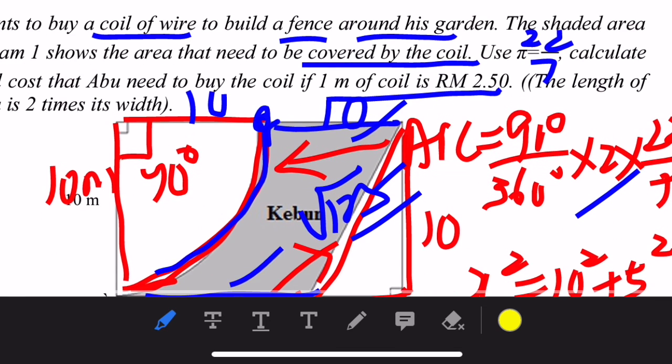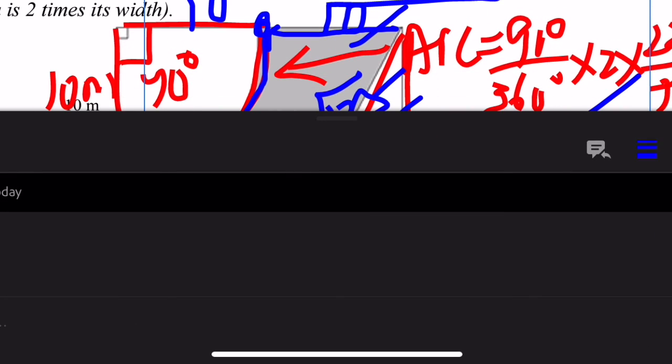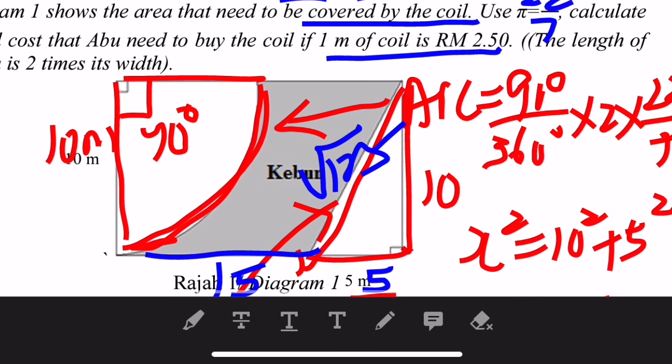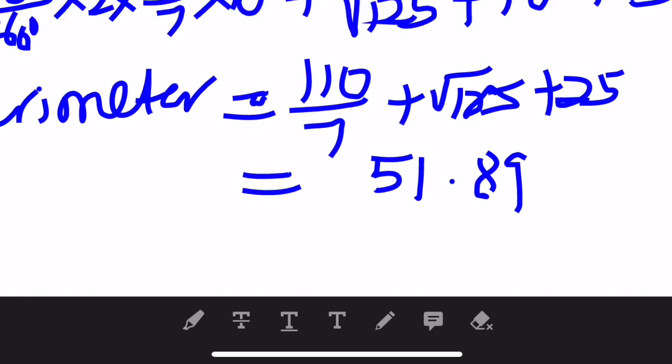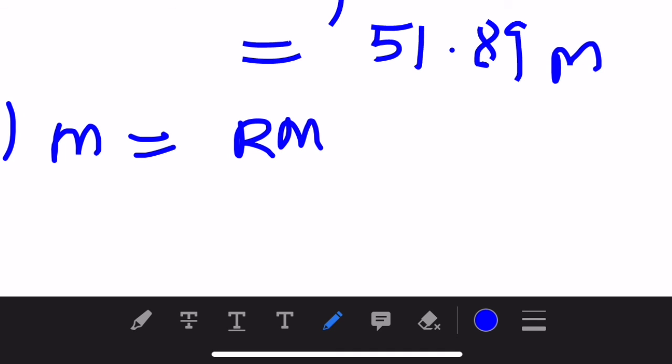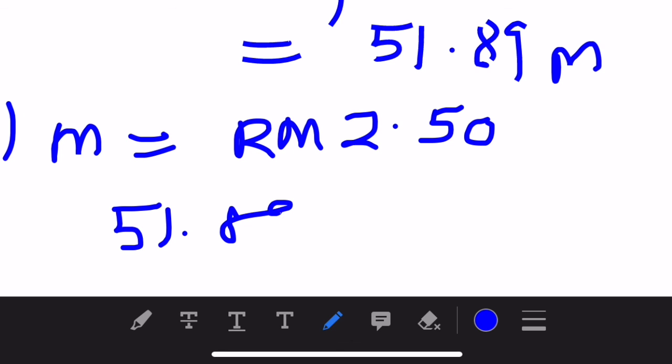Coil of wire. The unit, normally we use meter, right? We follow the question. 1 meter of the coil is 2 ringgit 50 cent. So we have 51.89 meter. If we want to buy the 51.89 meter, we will calculate the cost. So we take 51.89 times 2 ringgit 50 cent. So the answer is